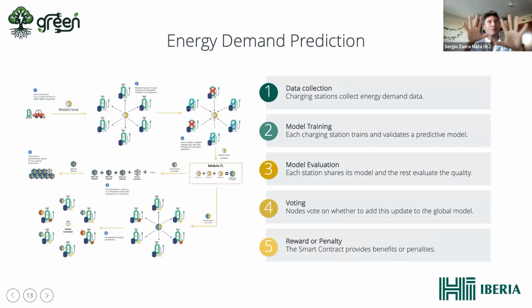We have some options. First, having not an authority, but some nodes that have a part of the database or similar, and can check and validate this model.